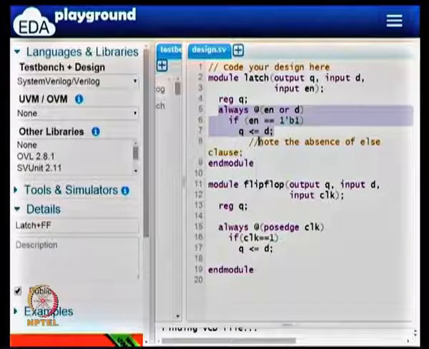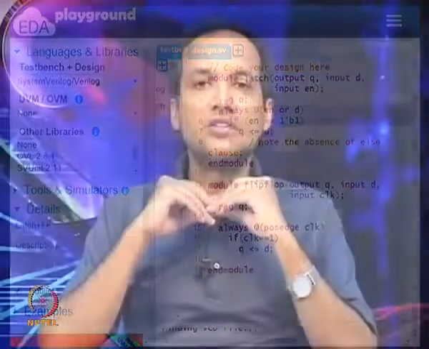Now let us take a little while to think about what a flip flop is. A flip flop is a little peculiar device. It has a clock, which is an input, which is the triggering signal, and D is supposed to be a sampled signal. So a change in D will not reflect as a change in output unless there is a clock that came to sample it. So this is the deal with a flip flop. Let us see the module design for a flip flop.